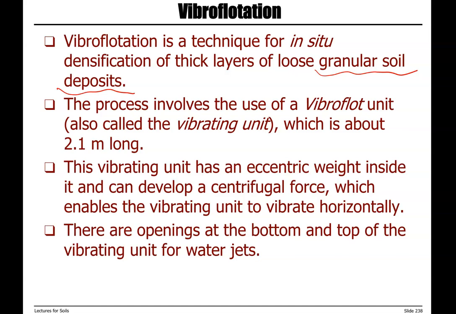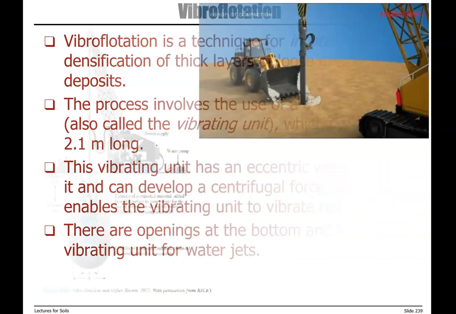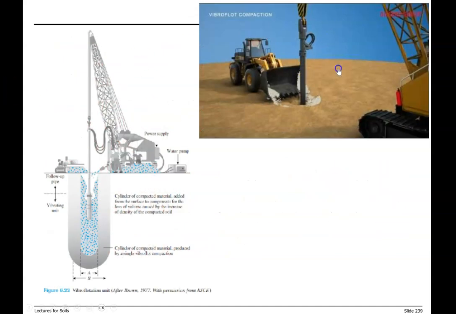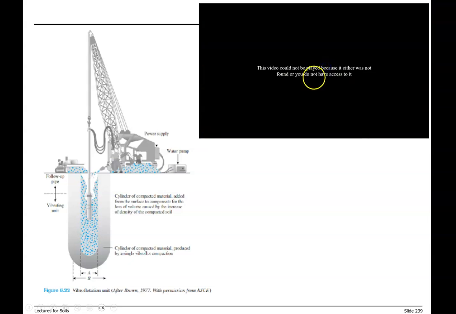This vibrating unit has an eccentric weight inside it and can develop a centrifugal force which enables the vibrating unit to vibrate horizontally. And there are openings at the bottom and top of the vibrating unit for water jets. So it's a combination of